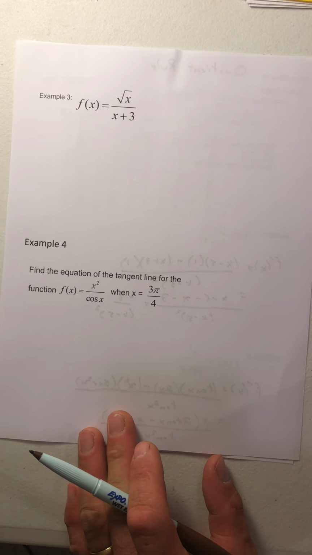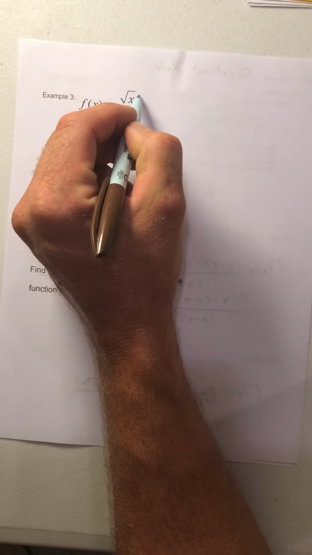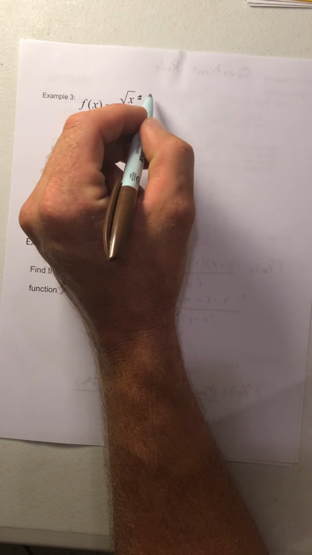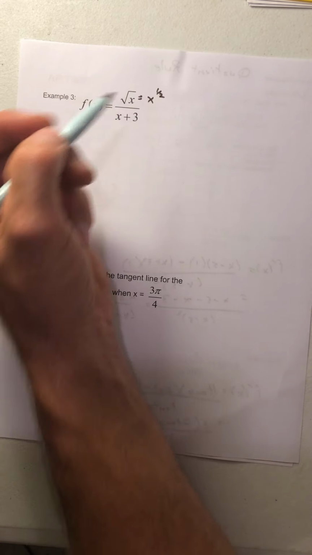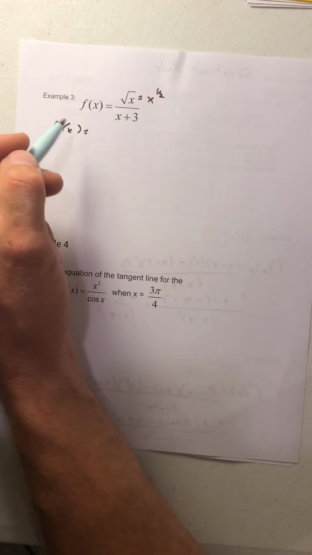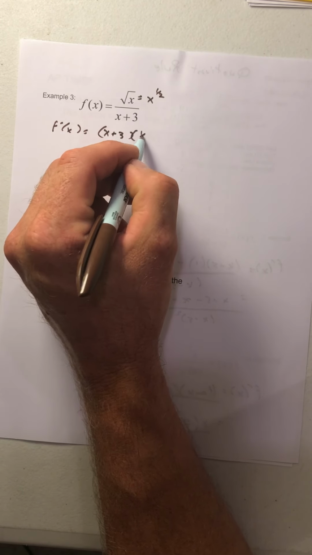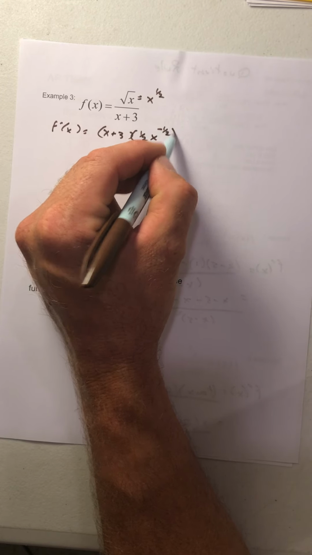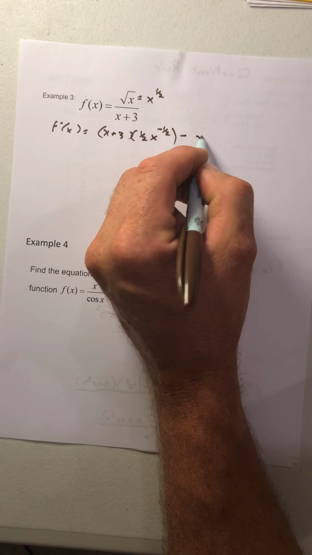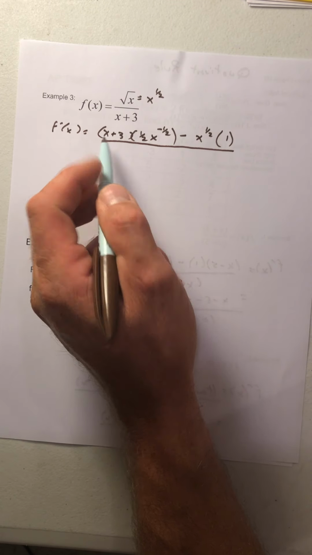Here in example 3, it's going to be a little nastier, a little uglier, because we have a radical in it, but hopefully it's not going to scare us away. So remember, the square root of x is simply x to the 1/2. So our first derivative is going to be x plus 3, our denominator, times the derivative of the numerator, 1/2 x to the negative 1/2. From that, we're going to subtract x to the 1/2 times the derivative of the denominator, which is 1,